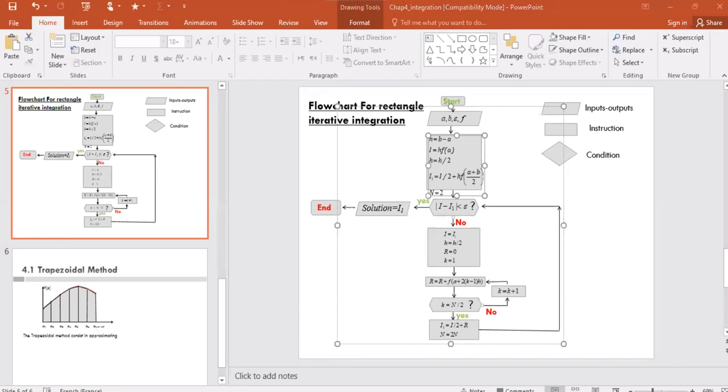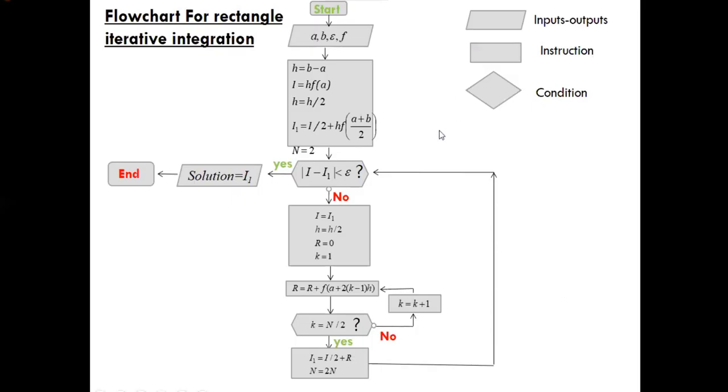Okay, it doesn't matter. Okay, so h, so this is the first step. I is equal to h f of a. So this is the left corner approximation with just the 2 points a and b. And then at the next step,